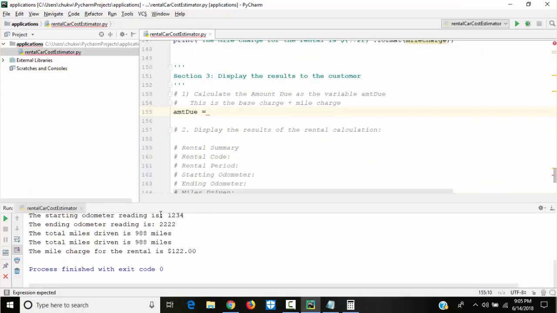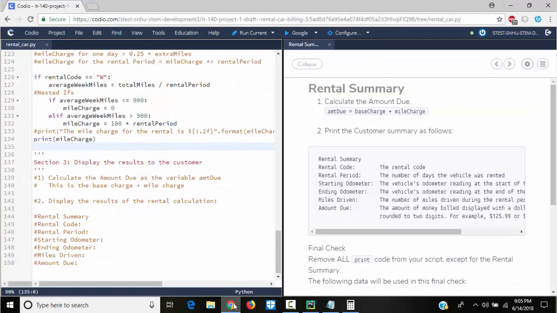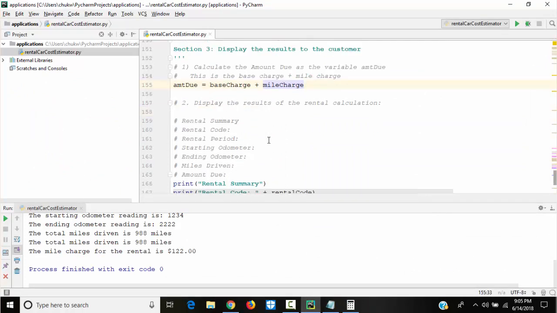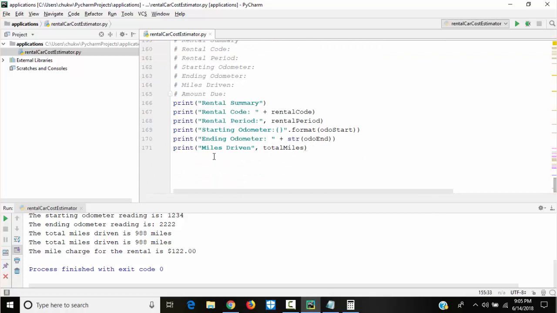Yeah, base charge plus mileCharge. Okay, then print miles driven is total miles. Then print amount due.